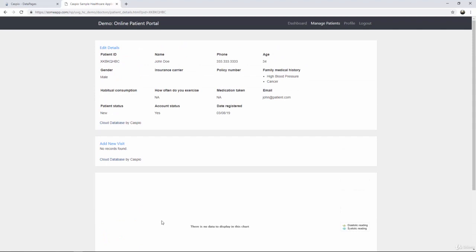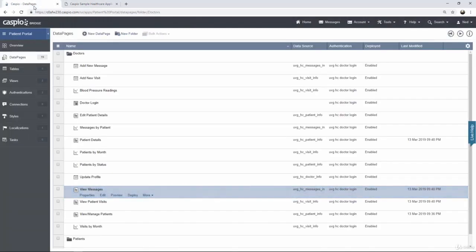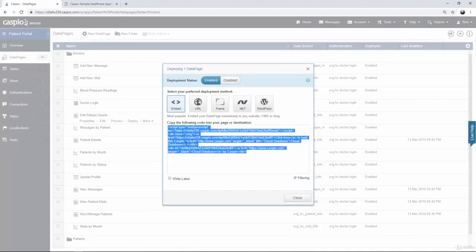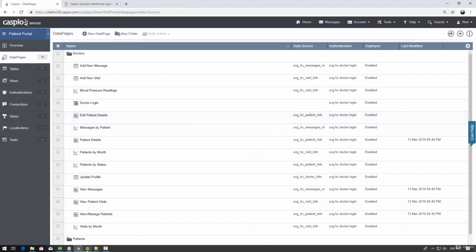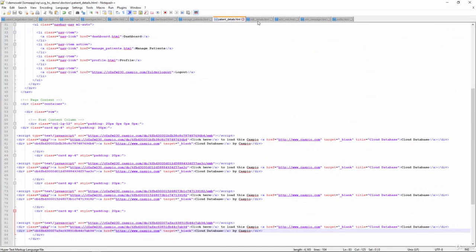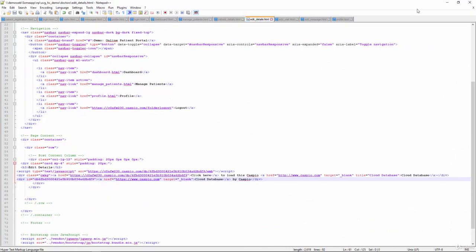So now let's go ahead and continue deploying the rest of the data pages. Let's learn how we can edit the details, because remember, if I click on this link, it's going to take me into a page where I edit the details of that patient. So let's deploy this data page now. Back to Caspio. Edit patient details, grab your code. We're almost done. We only have a couple of more data pages to go through. So inside the HTML document, edit details of the patient, replace, save, and now